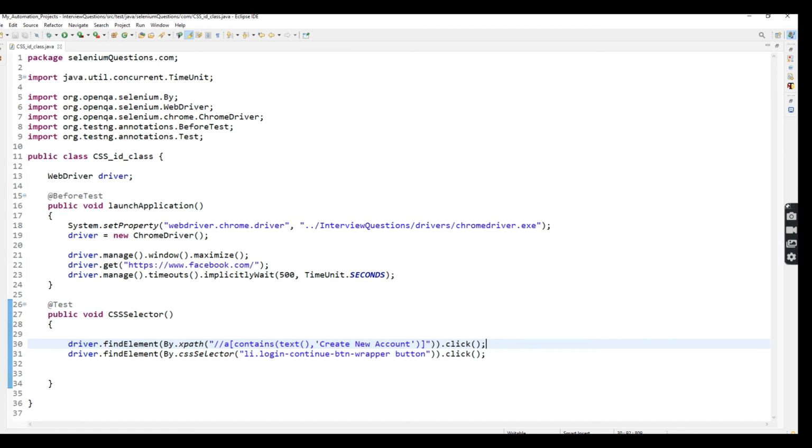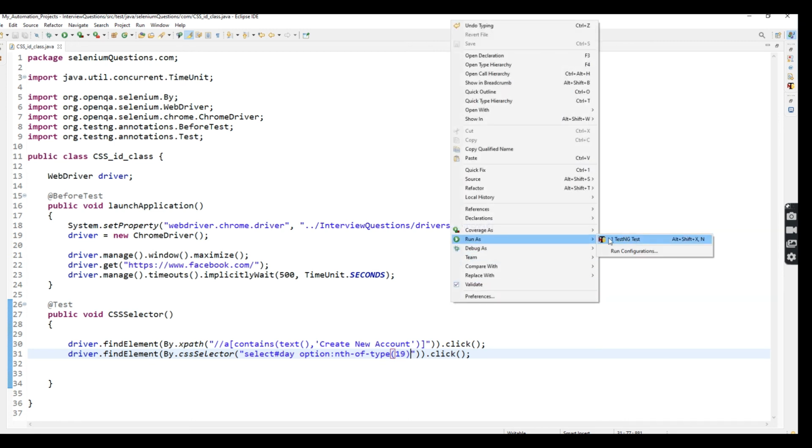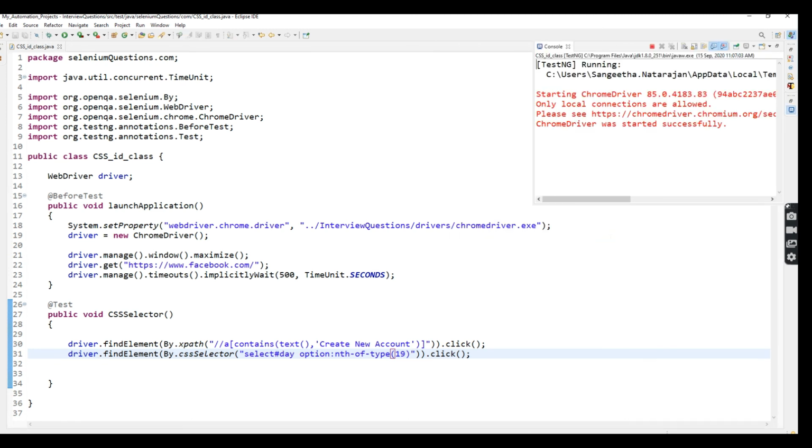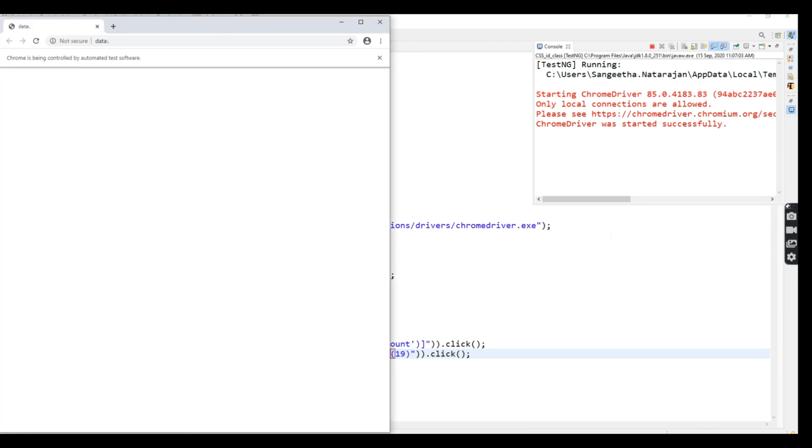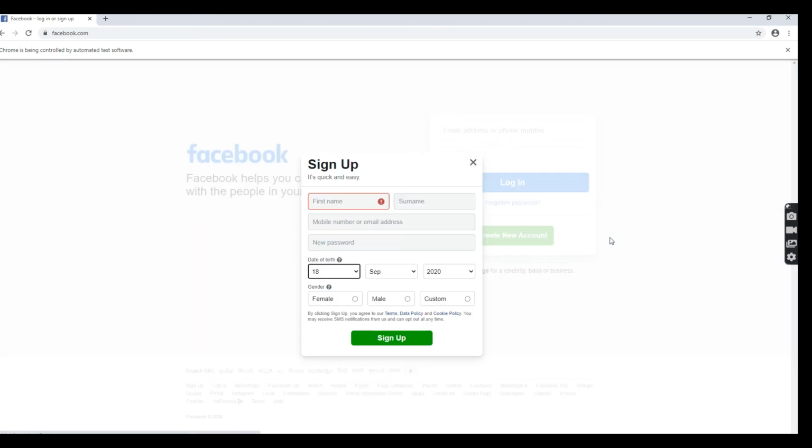So here I'm going to paste it. Okay, now I'm going to execute. What will happen? See, the 18th will be selected, correct? So this is the way we handle multiple child elements.